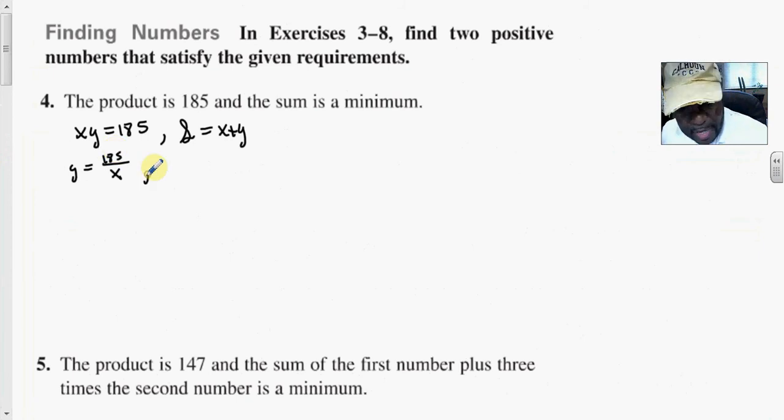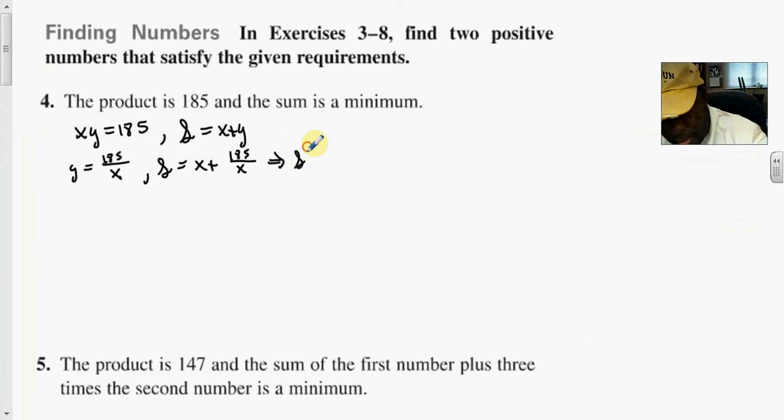So if that's the case, then S can be written as x plus this y part, which is 185 over x. To minimize S, being the primary equation, x times y equal to 185 is the secondary equation. To minimize S, basically we just take the first derivative, apply the first derivative test, and hopefully we should get our answer. So here this implies that S prime is equal to 1